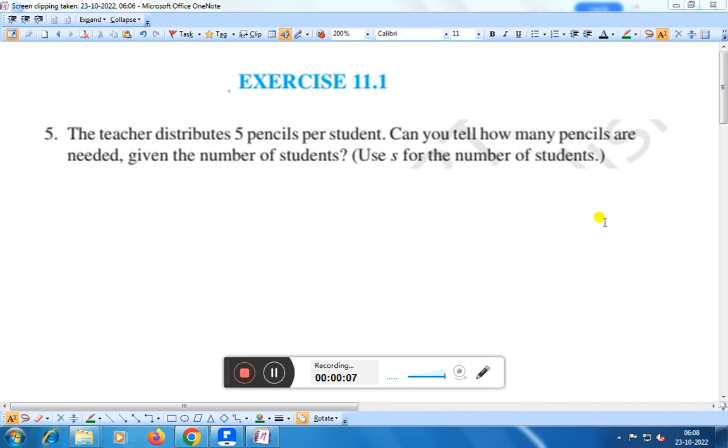The teacher distributes 5 pencils per student. Can you tell how many pencils are needed given the number of students? Use S for the number of students. Here we can solve this problem in this way, that is,